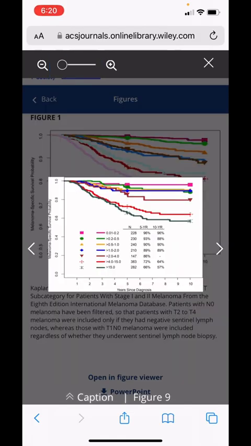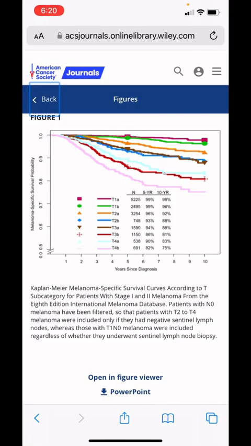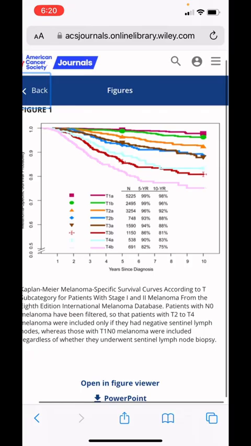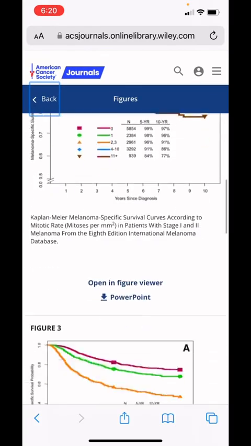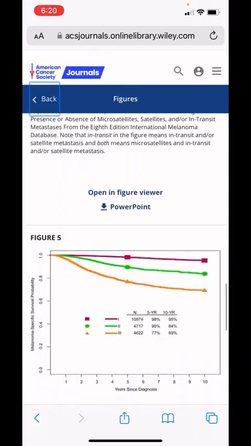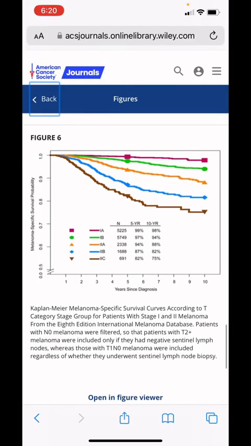Let's see another figure. This figure, for example, is... There is one about the survival of stage 3 melanoma. That's it. No,